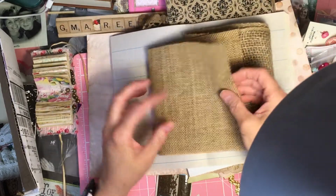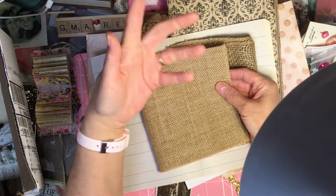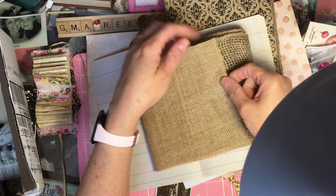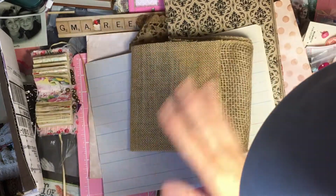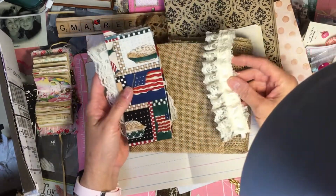And you know what this is great for is if you're making a little anything really, and then you just fringe the edge and you could sew around it or put it behind an image or something. I really love burlap. I use it a lot. Here's a chunk of